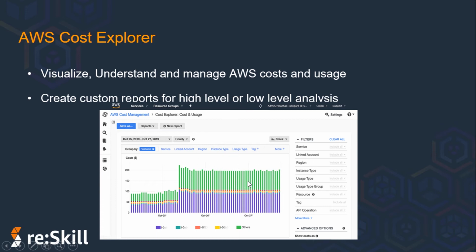And you can also use forecasting to get a better idea of what your cost and usage may look like in the future, so that you can plan ahead and increase or decrease your usage accordingly. Once you arrive at a helpful view, you can save your progress as a new report that you can refer back to in the future. This kind of visual representation it will be giving you. You can currently save up to 50 custom Cost Explorer reports.